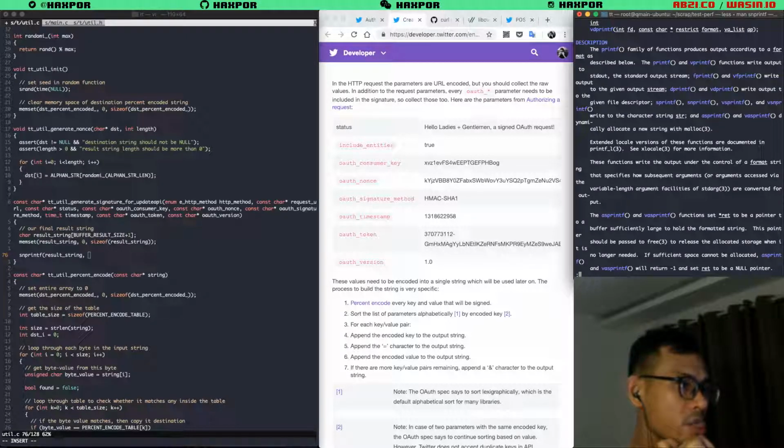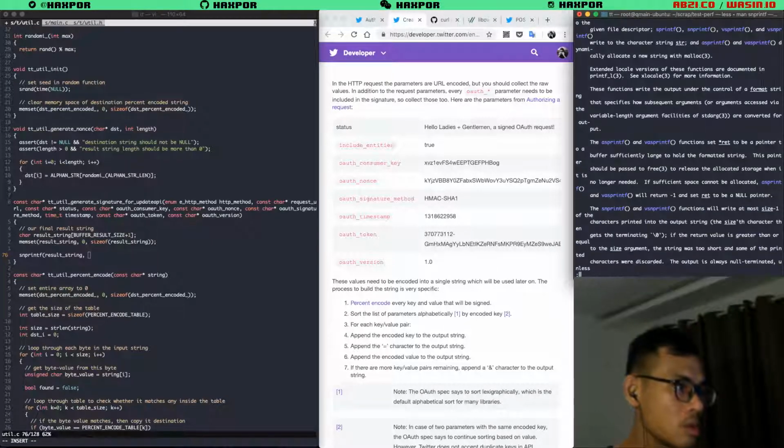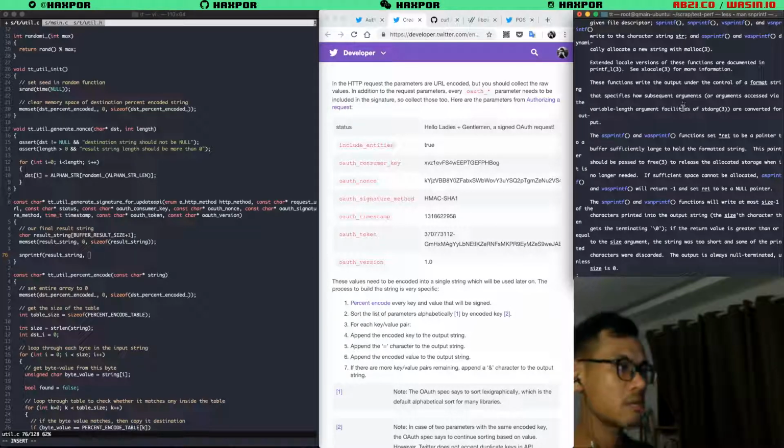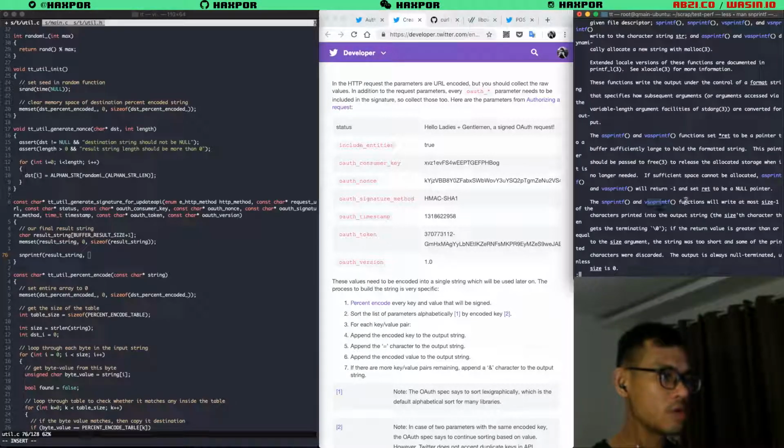I think it defines the maximum size that it's going to operate on. Less than is okay too, so I'm trying to confirm this. The documentation says the function will write at most size minus 1 characters into the output string, and the size-th character gets the null terminator.